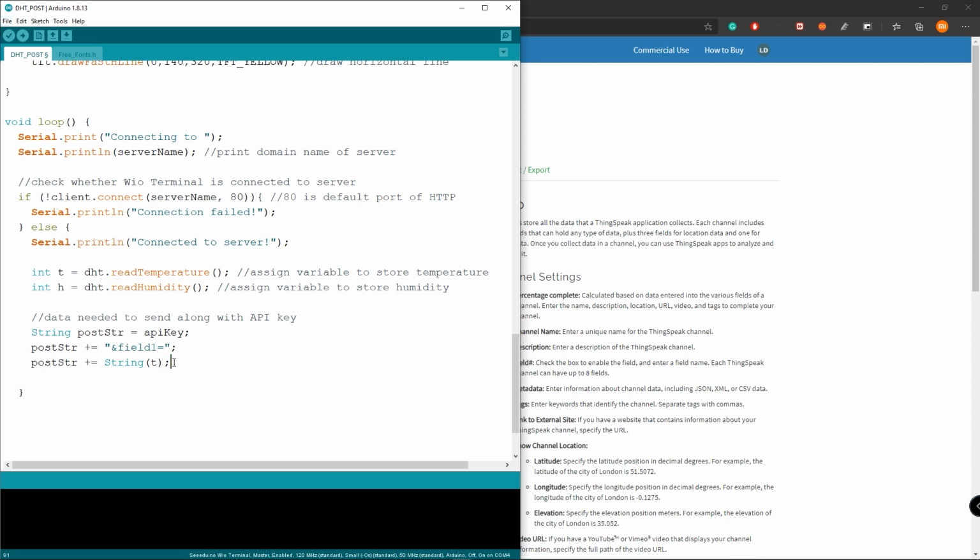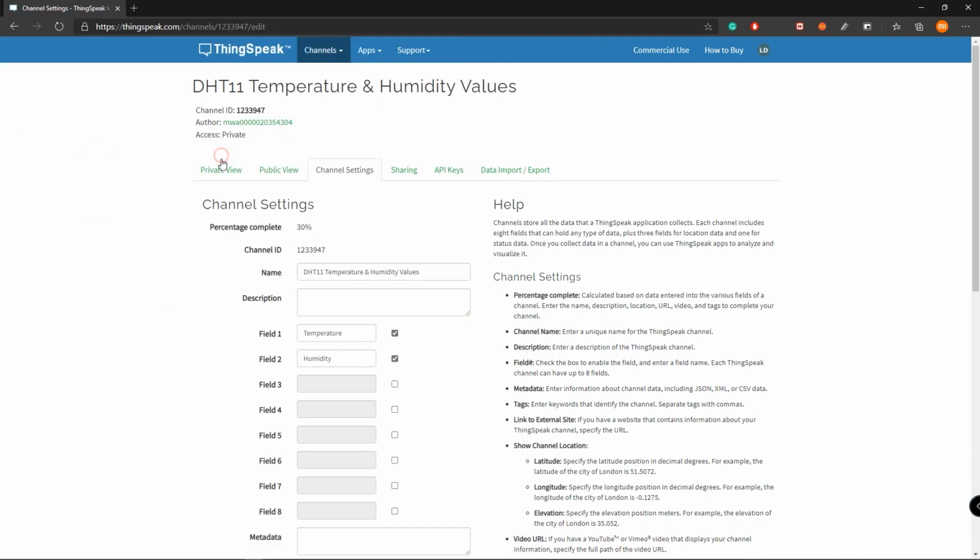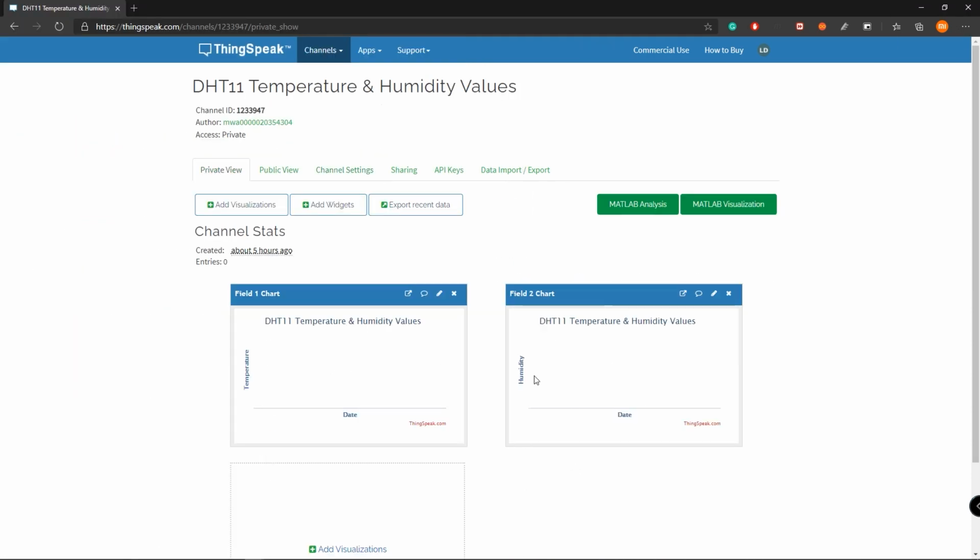Now we will set field 2. And here it should be h, because the h variable stores the humidity information from the DHT11 sensor, and that will be sent to this field on the ThingSpeak chart.